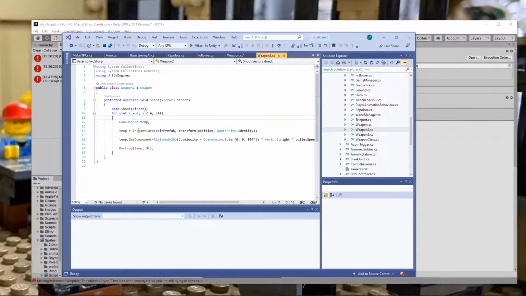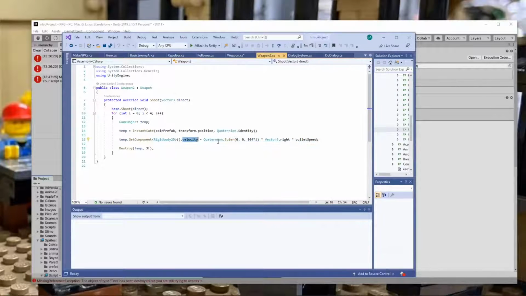I won't go into all the details here, but I'm instantiating a coin at that same position with no rotation, and then I give it a velocity in a direction that I iterate over here. At 0 degrees, 90 degrees, 180 degrees, 270 degrees.